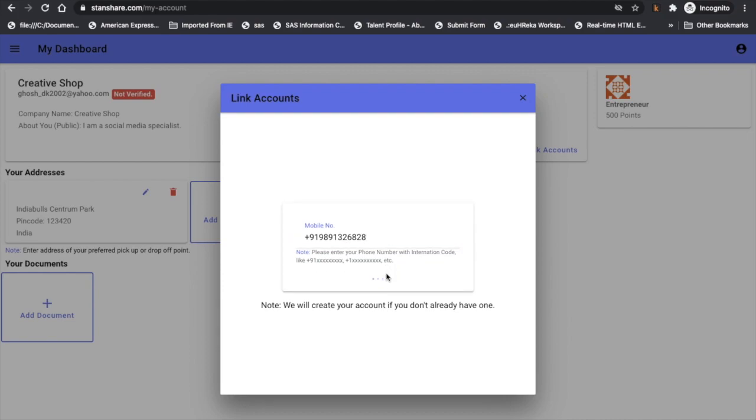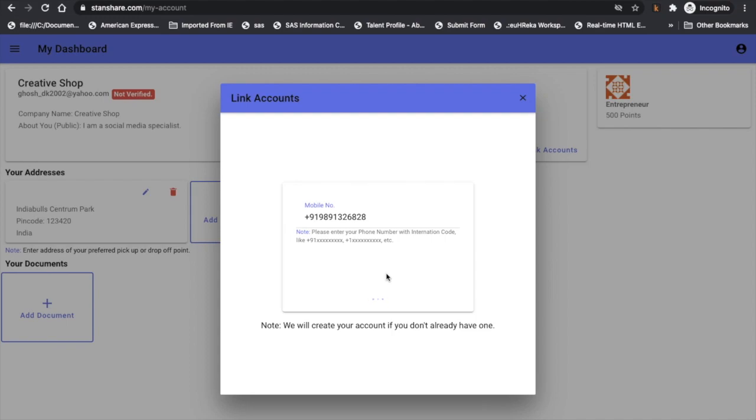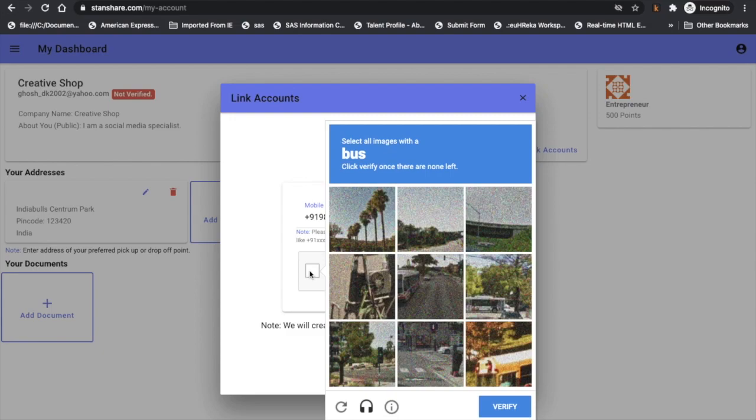I click on proceed. So what this is going to do is check if I'm a robot, and I'm sure that it's not something new for you because you keep getting this, and this is very important to keep the robotic listings off the platform and make it more secure. So I click on I'm not a bot. All right, it didn't trust me, so it will ask me to look for the buses. So let me look for the buses here.